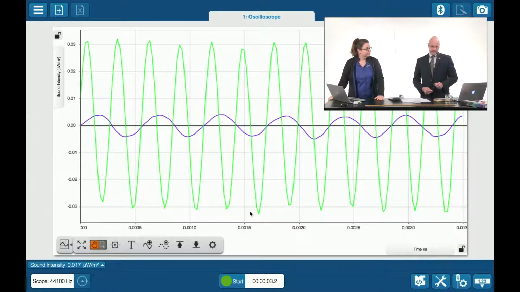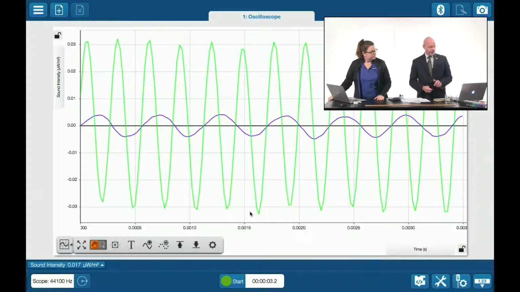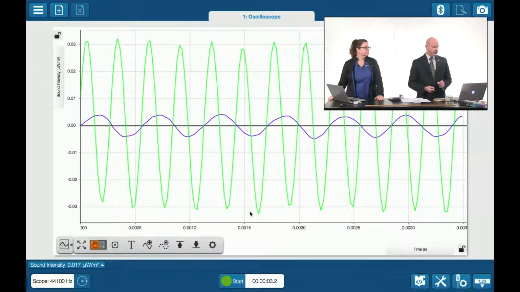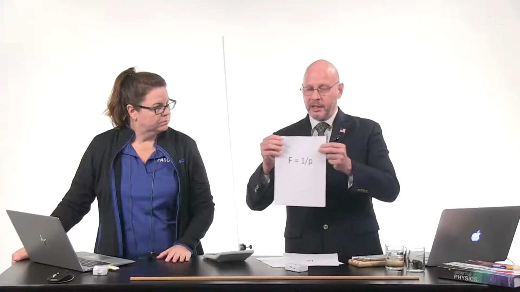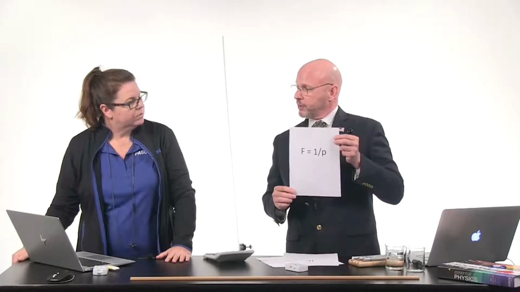You can see that the lower pitch sound had a much larger wavelength here. That's the blue wave that you see on the SparkView screen. And the higher pitch had a much higher frequency, and we can see that here on the screen. Now this isn't showing me the actual wavelength. This is showing me the intensity of the wave, but what it is showing me is the time between the pulses, or the distance between each one of those waves. From trough to trough, or peak to peak, I can actually measure that. And if I know that, there's a wonderful little relationship between frequency and period. And those of you in physics who want to take it a step further, the frequency is 1 over the period.